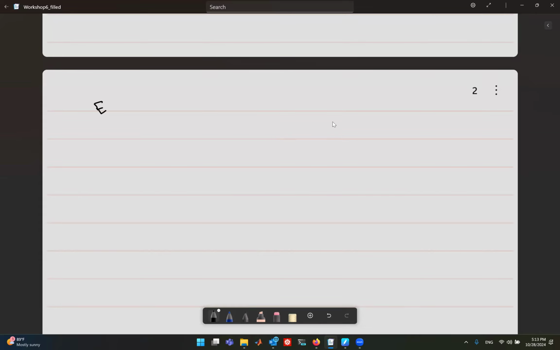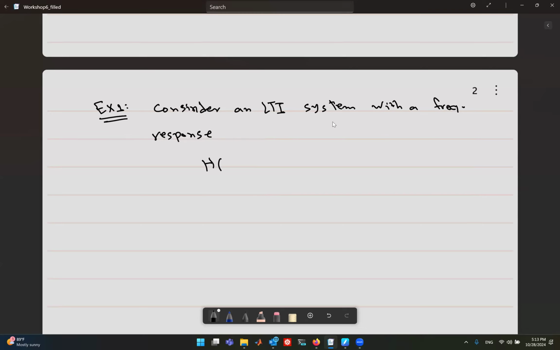Let's start with just the ideal case, example 1. Consider an LTI system with a frequency response H(jω), which is 1,